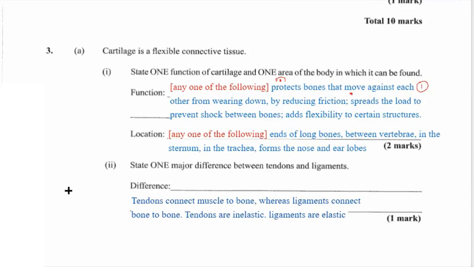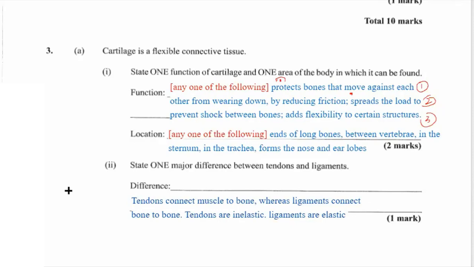A part two, where you have to describe major differences. So any one of these would work. Connect muscle to bone, that's one, versus ligaments connect bone to bone. And this is important. Anytime they say something about major difference or compare, don't just describe one side, you have to describe both. So if I had said, well, tendons connect muscle to bone,